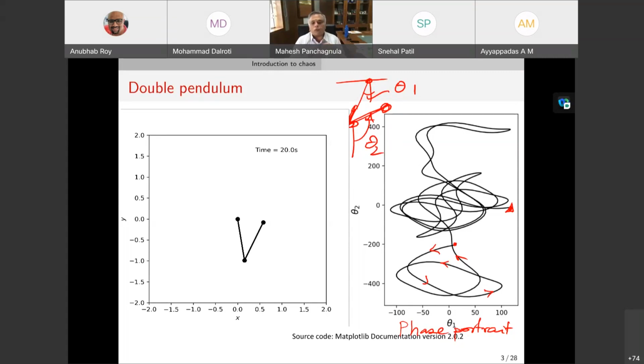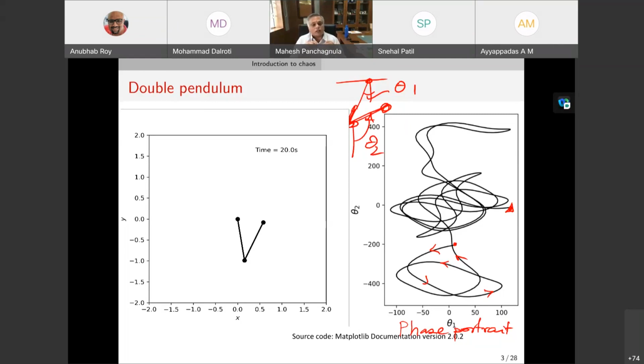But remember, trajectories on a phase portrait never cross, because the moment two trajectories cross, at that point you have a non-uniqueness in terms of the direction in which the phase portrait can evolve. So in the four-dimensional theta 1, theta 2, theta 1 dot, theta 2 dot phase space,